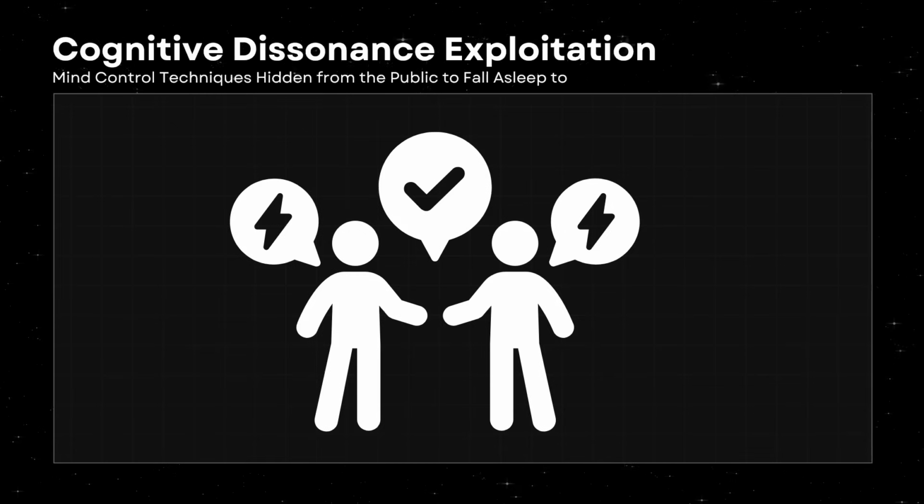Another example comes from political messaging. A leader may say, "We must protect freedom," then pass laws that reduce freedom. Citizens who value liberty now face a split. They support freedom, but they also trust the leader. To fix this discomfort, they may tell themselves the restrictions are temporary or for the greater good. They may defend the laws, not because they agree with them, but because they need to resolve the tension in